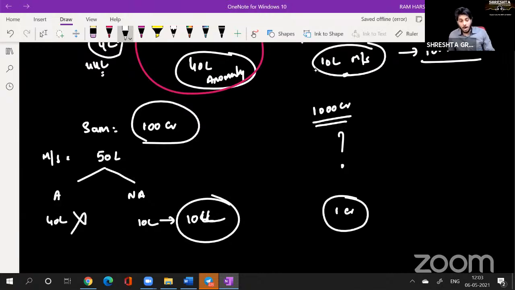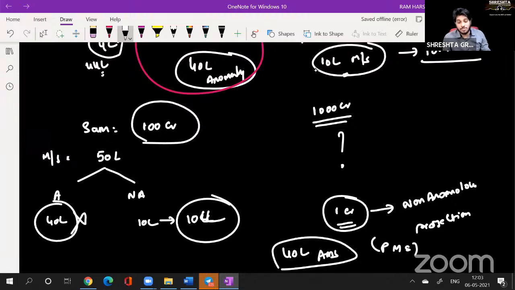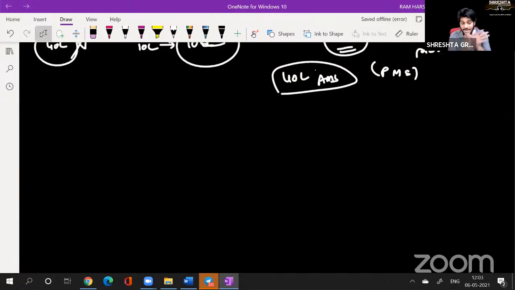In 1000 crore, the mistake would be 1 crore. This is the non-anomalous projection, and it is called projected misstatement. Already, what is the anomalous misstatement? 40 lakh. That is the anomalous misstatement. What is the projected misstatement? 1 crore. Now, in our example, what is uncorrected